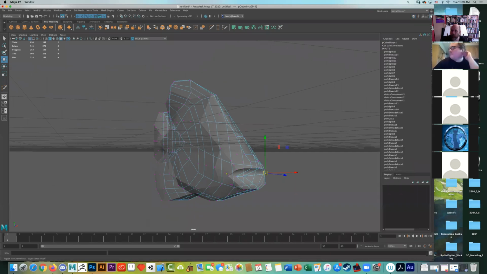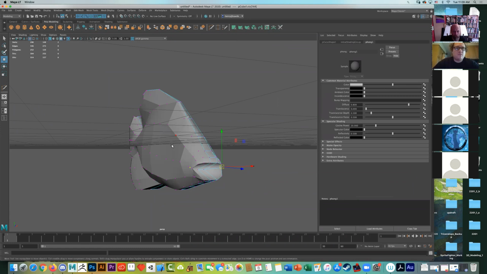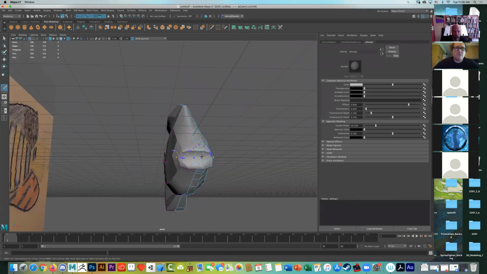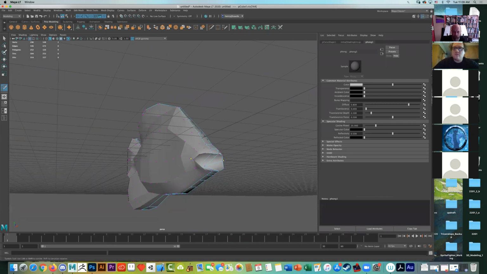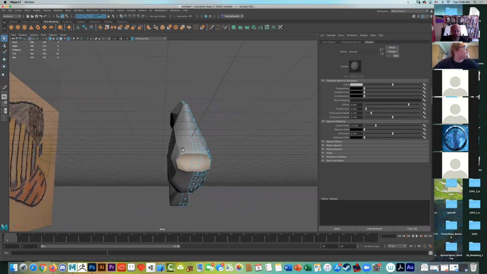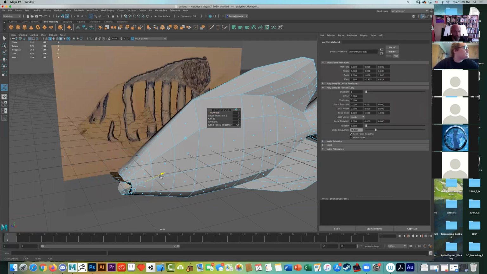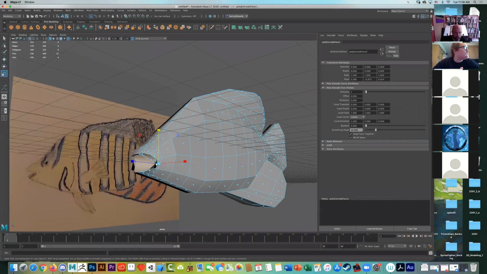So I'm actually going to take off the transparency that's here. I'm going to delete my history really quick again. Okay, make this a little more solid. And I can't do a full edge loop from here because it's going to try and cut through that form. But what I can do is if I need to create an additional edge loop inside of this mouth right now, I can extrude and take this in, but this is going to create a problem I wanted to point out as well. So if I take this and extrude this in so that I can get that rounded lip shape,